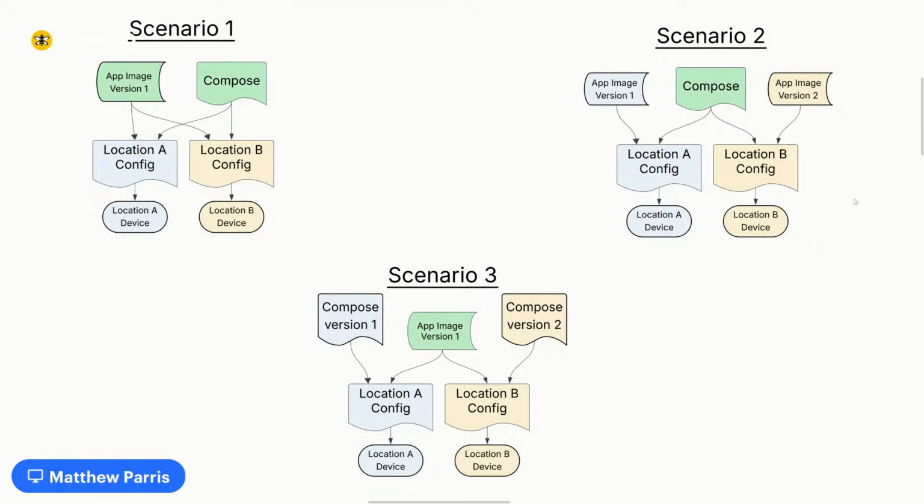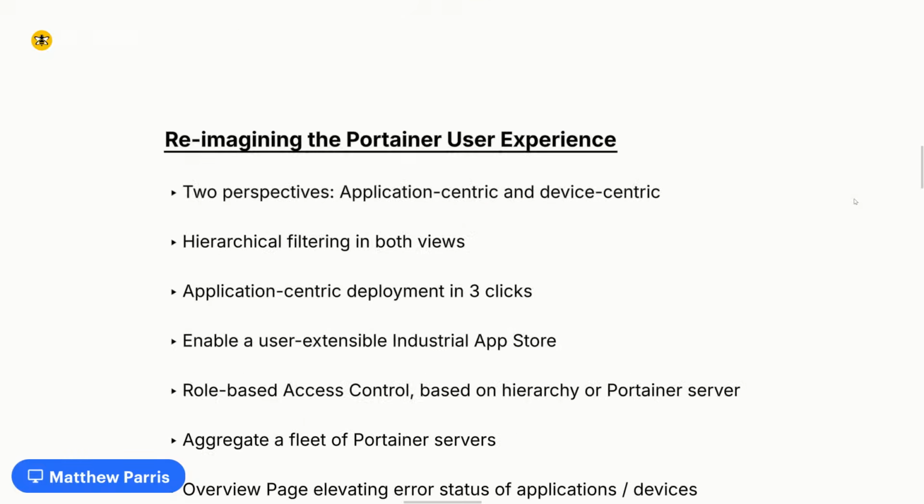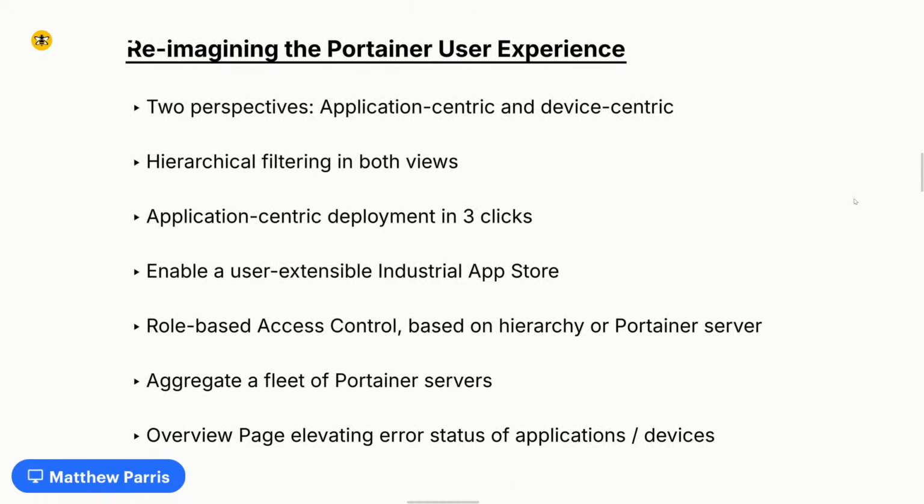Scenario 3 is I have the same version. I have 2 different location configs, but I have 2 different compose versions. So maybe in location A, I'm trying to use the application in one way, and in location B, it's a totally different way. So how do I manage that? So when you review all these things, I started discussing with Portainer, what would it look like if we reimagined